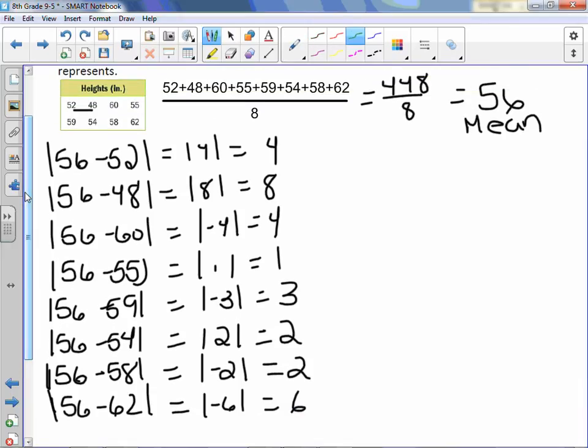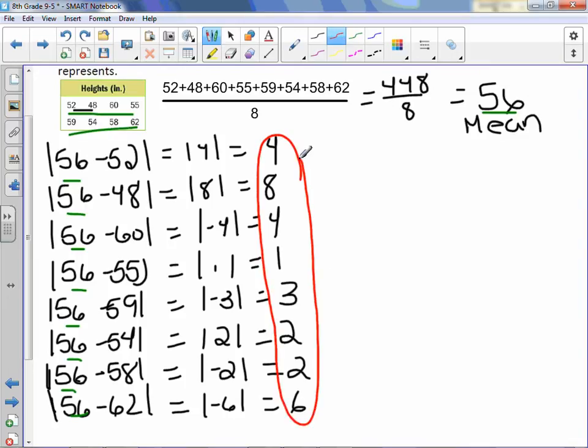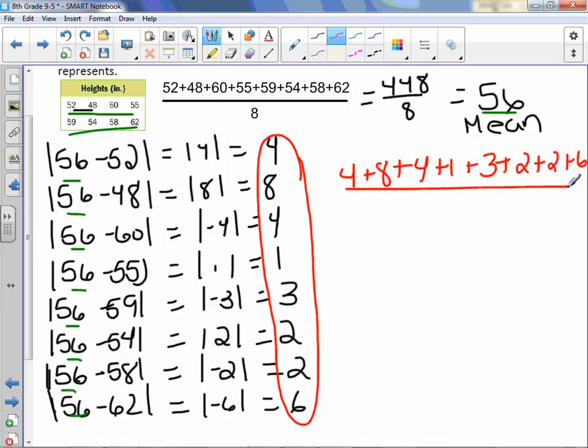Step 2, subtract each data point from the mean. And of course, taking the absolute value. And our last step is to now find the mean of these numbers. So 4 plus 8 plus 4 plus 1 plus 3 plus 2 plus 2 plus 6 all over 8 gives us 30 over 8, which equals 3.75. So the mean absolute deviation